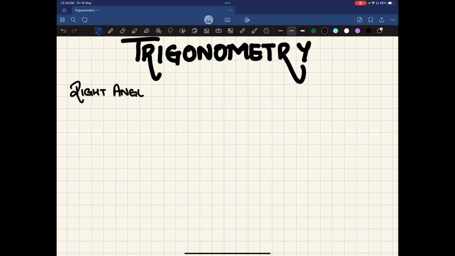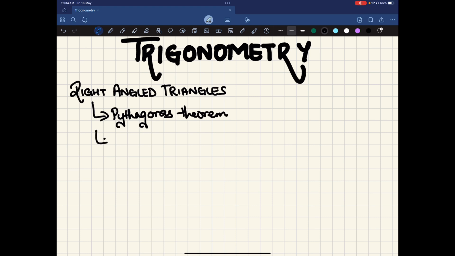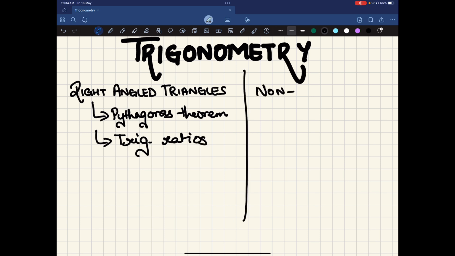Right angle triangles. We're going to learn how we can apply Pythagoras Theorem and trig ratios. This is in case you're dealing with right angle triangles. And then we are going to